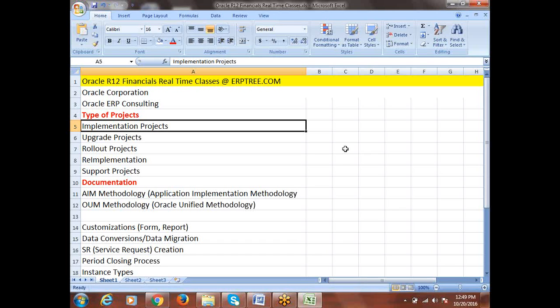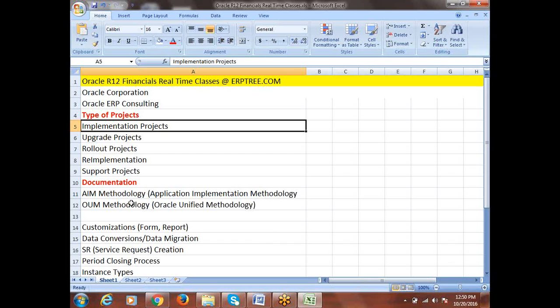Once we're done with that, we understand the client's requirements and the application we have, and where we have gaps. Once you get the gaps, there are different options available to provide a solution: customizations, form personalizations, workarounds, and in typical scenarios re-engineering. Then we do the system configuration, testing, and conduct the CRPs and UATs, and prepare the various documents. For whatever customizations we identified, we have to create the functional specs. We'll be preparing all these documents.